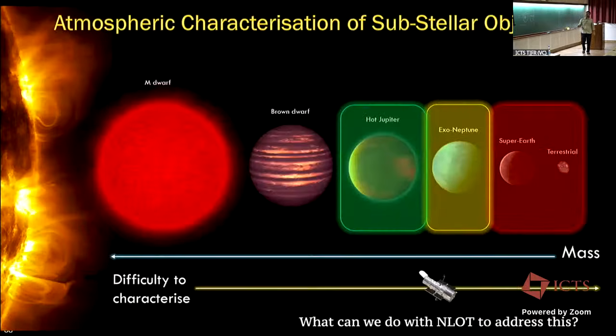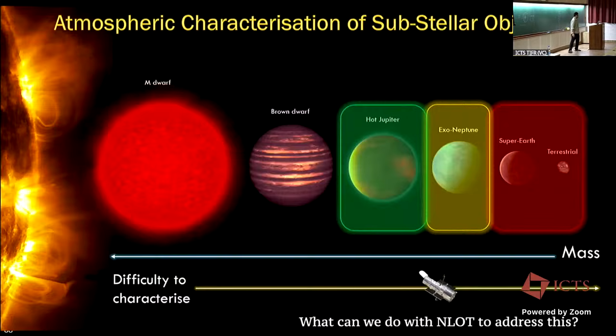So essentially, in the initial HST and JWST phase, we have been studying hot Jupiters, exo-Neptunes and super-Earths. These have been our primary targets, and the observations that we are getting from JWST are excellent. They are a very good test of what we understand and what we don't understand in our models. But as we go to smaller and smaller planets, or lower and lower mass, it becomes very, very challenging to characterize them. That is where the challenges lie ahead in terms of instrumentation, modeling, and observations, all of them,